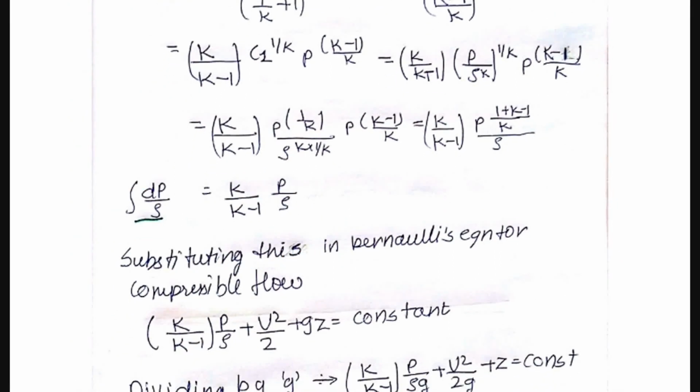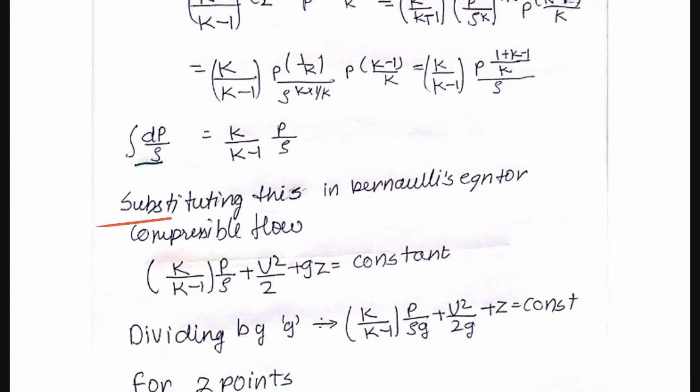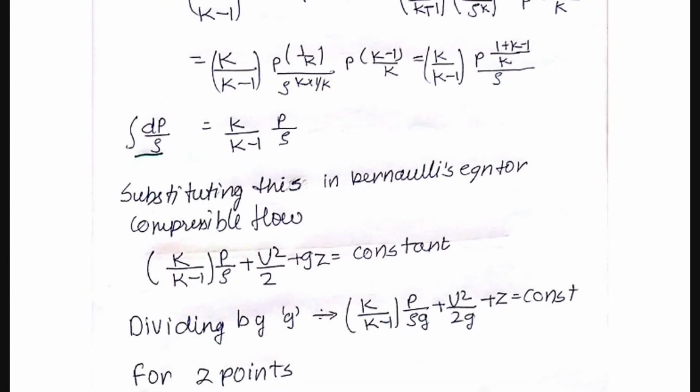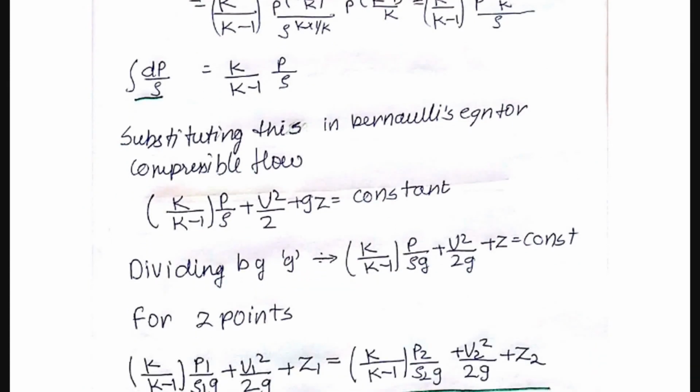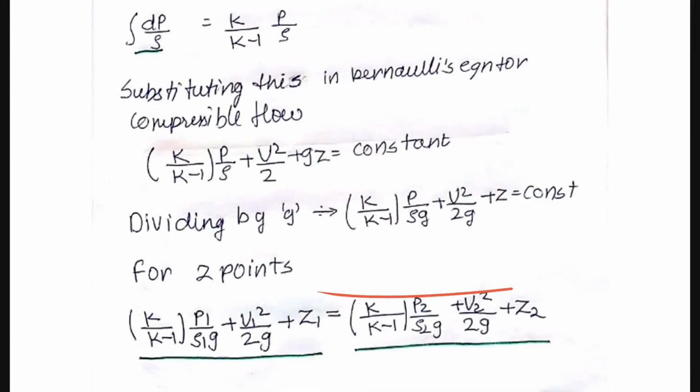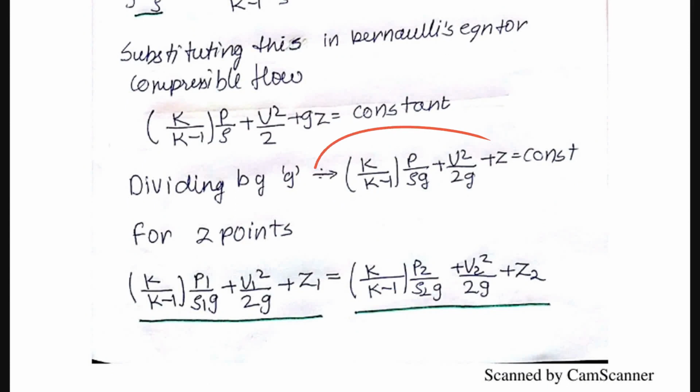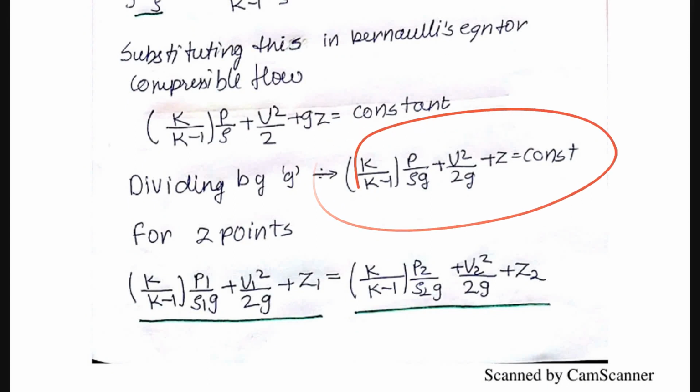Since we have found the value of dp divided by rho, we will replace this in the Bernoulli's equation. So for the compressible flow, we get this as the complete equation. In this, again, we will divide the whole equation by g. So this is the simplified version. And guys, this is a very important equation, and we'll be using this to solve all the problems which will be based upon the